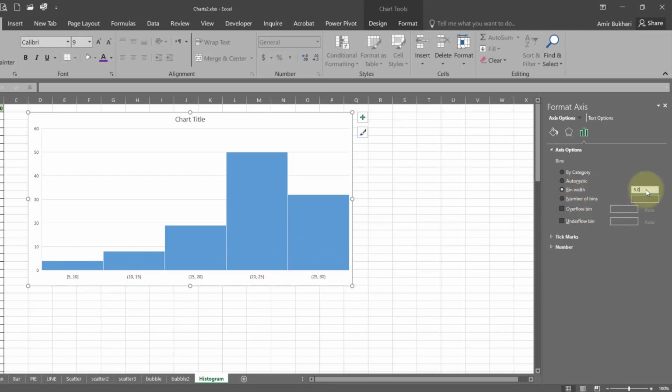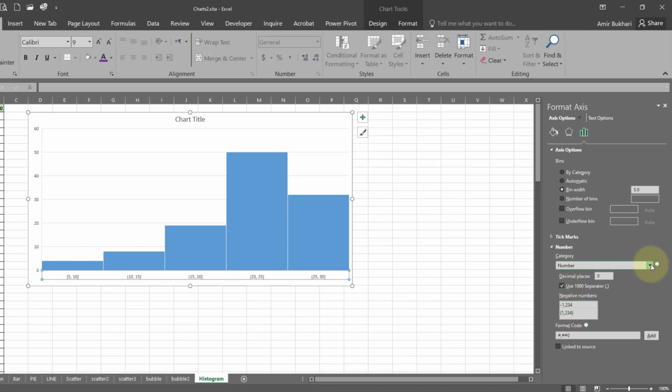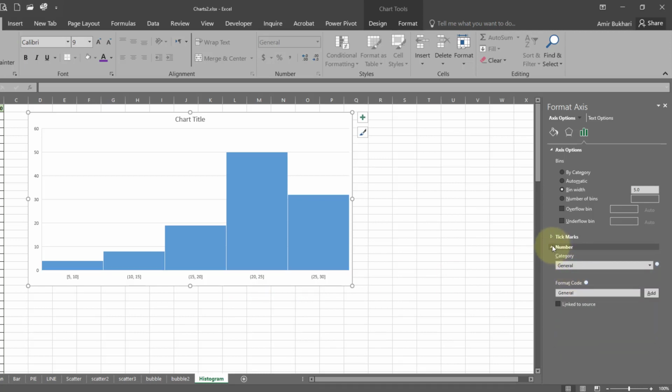And again we will try this one. Bin width is 5, still we get the same thing. And if we see these points or decimals, you can come and change it from here. Under number you have the general option.